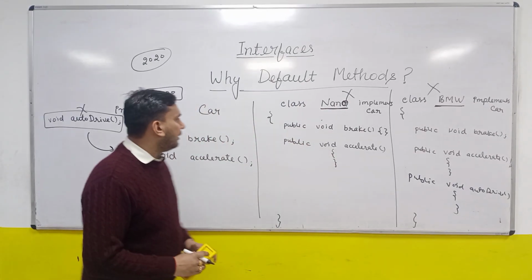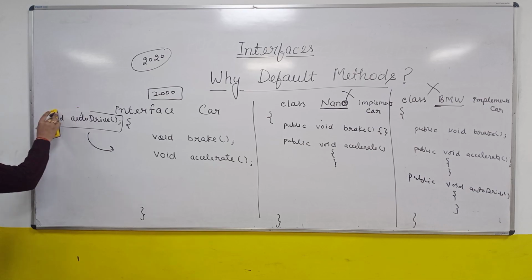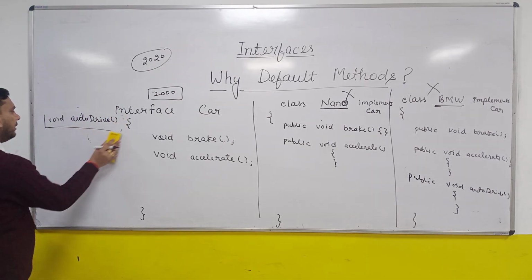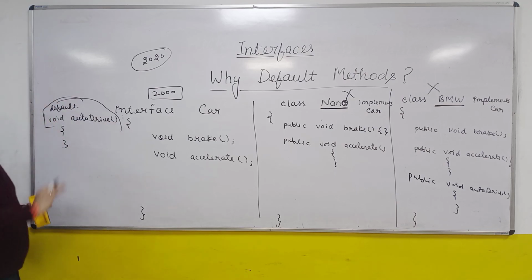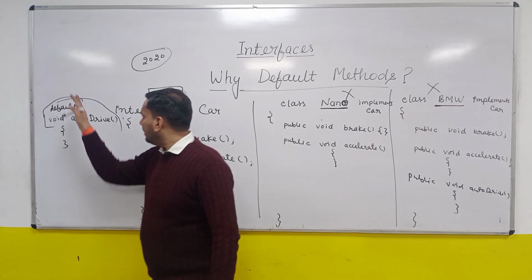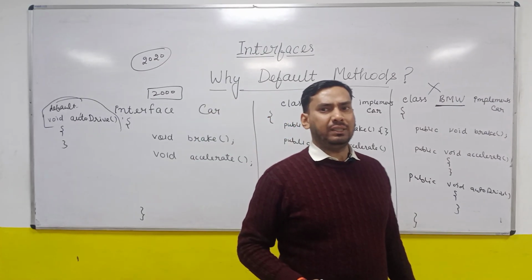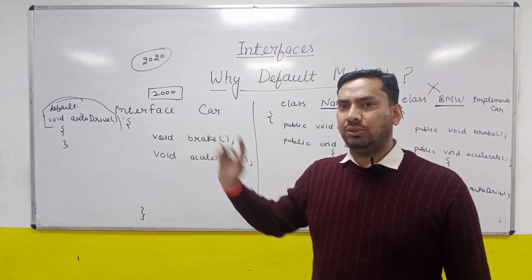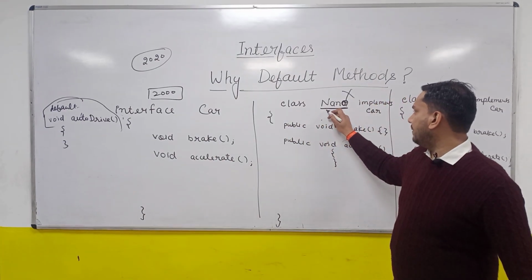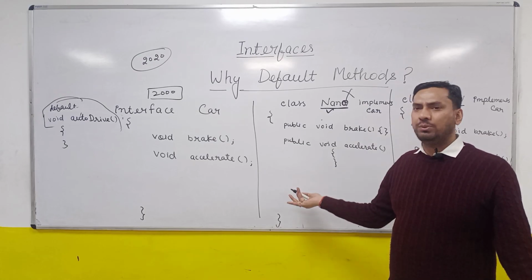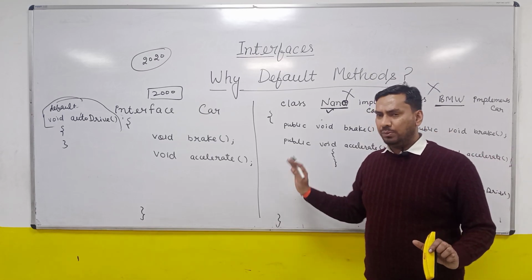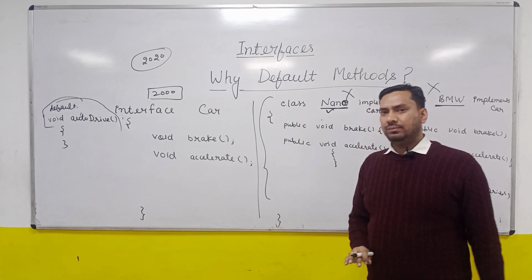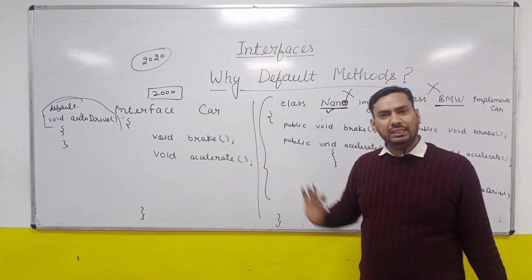Now what they did, they said, okay, I want to add this method, but I cannot add it as an abstract method. So they said, okay, I'll add it as a default method. Now what is the benefit? This default method is added in the Car interface. They said, okay, I am going to provide a new default method, that is auto drive. Do you have any problem? They will ask Nano, do you have any problem? Nano will say no problem, I am getting a default method, but I am not interested, I can ignore it. No problem, you need not change anything here. Nano will happily accept this change.